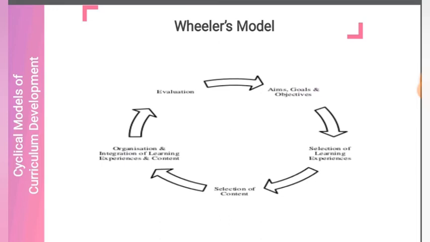Aims, goals, and objectives cover all the experiences provided in the curriculum. Goals are tied to specific subjects or groups of content within one curriculum, while objectives describe more specific outcomes as a result of lessons or instructions delivered in a classroom. Learning experiences are activities which the learner engages in which result in changes in his behavior.